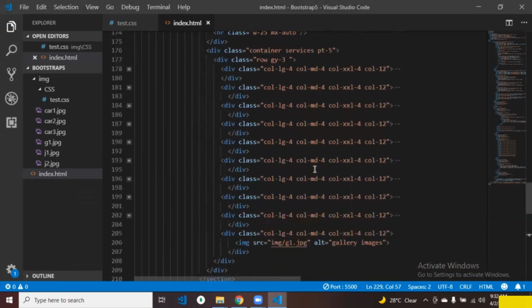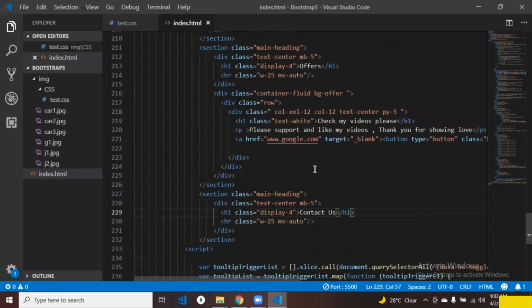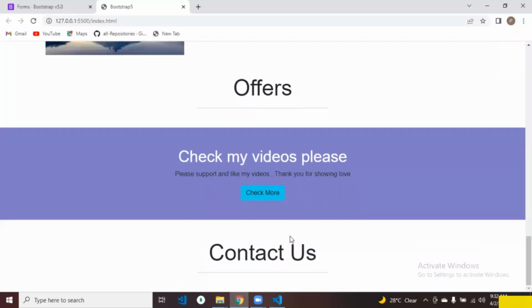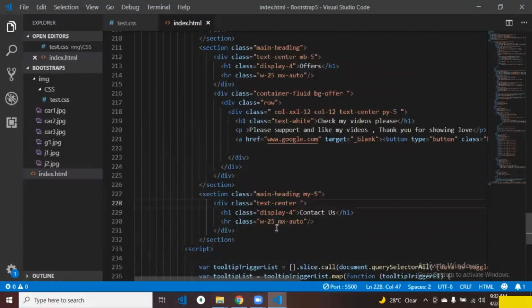Contact us. And give this my5 and remove this mb5. Yeah. So now what we want,